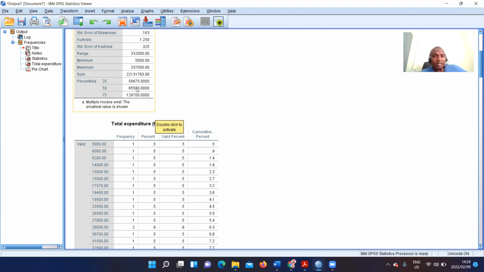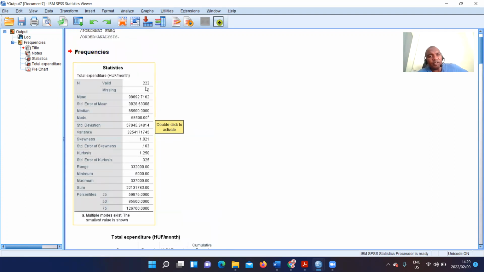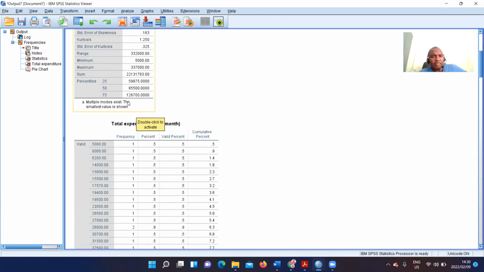And then the percentiles also appear, with the first quartile, which is the 25th percentile, being 59,875 Hungarian forint. And then the 50th percentile being 85,500, which is our median. We found this figure for the median. If you check, the 50th percentile is the same as the median, and then the 75th percentile, which is the third quartile,